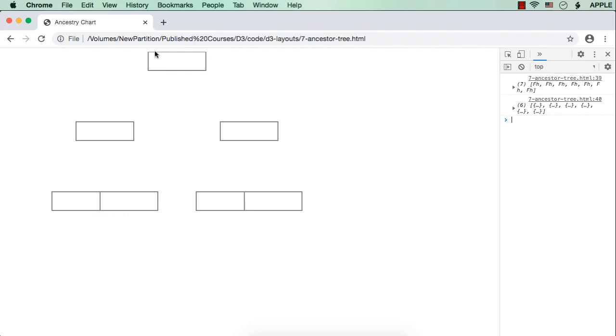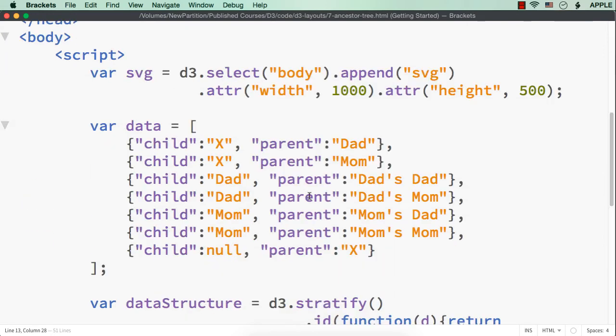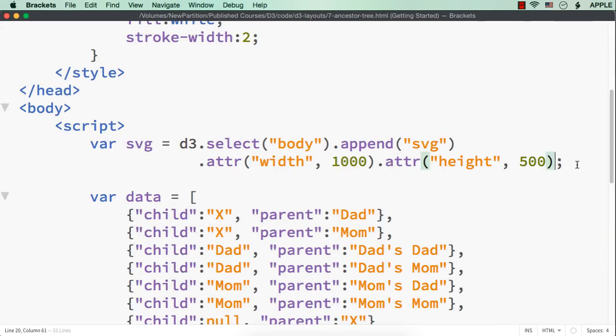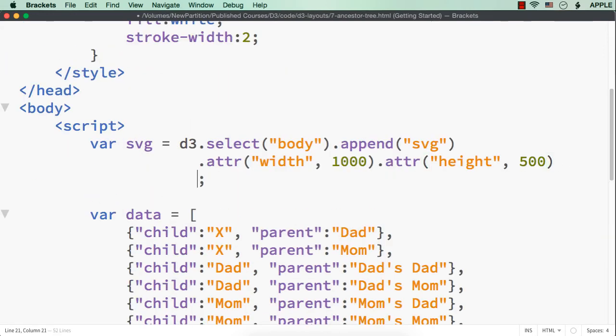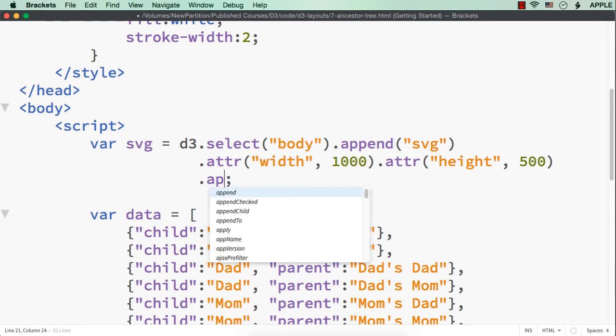Before that, you could see that this top border is touching the border of the SVG. So let me have a G element and translate that G element towards the right and towards the bottom. Here, after setting the width and height of the SVG, let me have a G element.